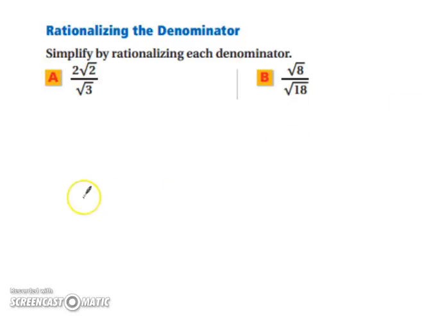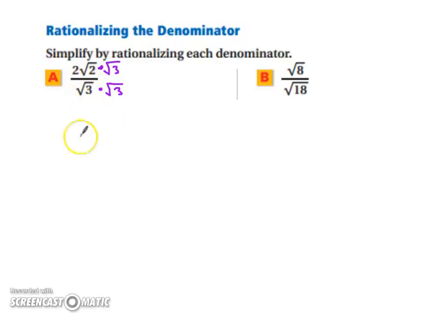Let's take it up a step. Now we're going to rationalize the denominator. So we're going to simplify by rationalizing each denominator. When you rationalize the denominator, you're going to multiply the top and the bottom, so the numerator and denominator, by something that's going to get rid of the square root. So if we multiply the bottom, or the denominator, by the square root of 3, and the numerator by the square root of 3 as well,